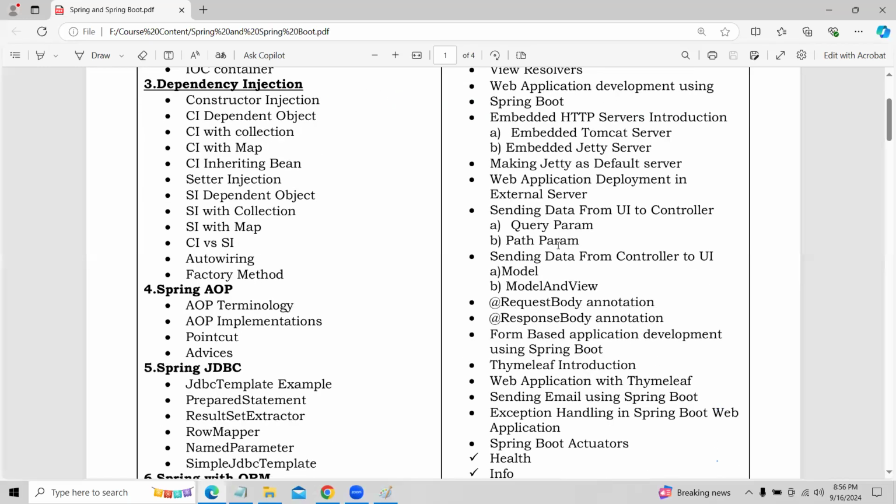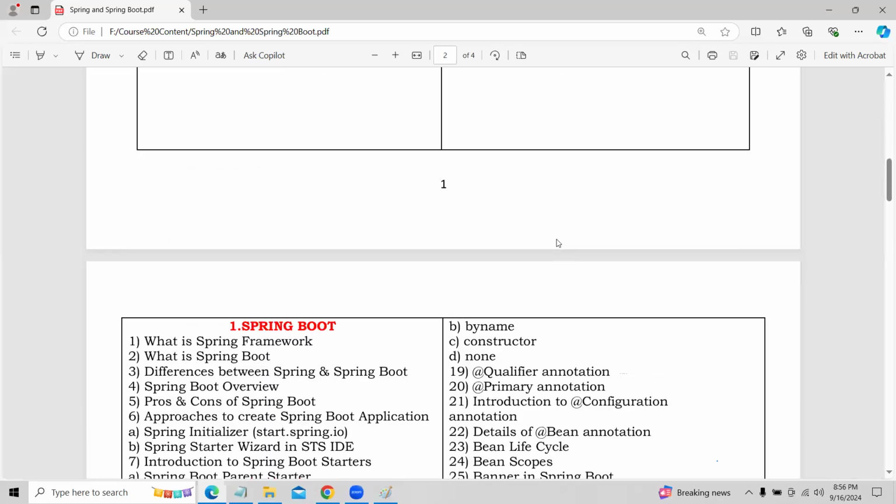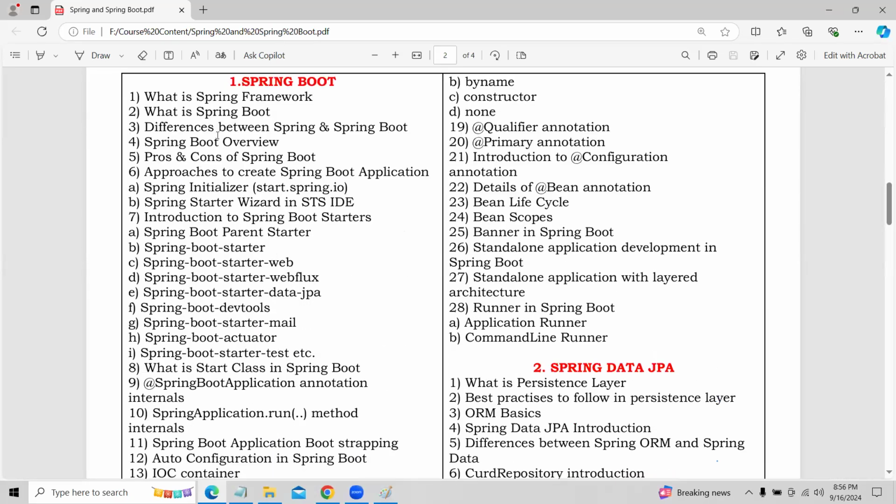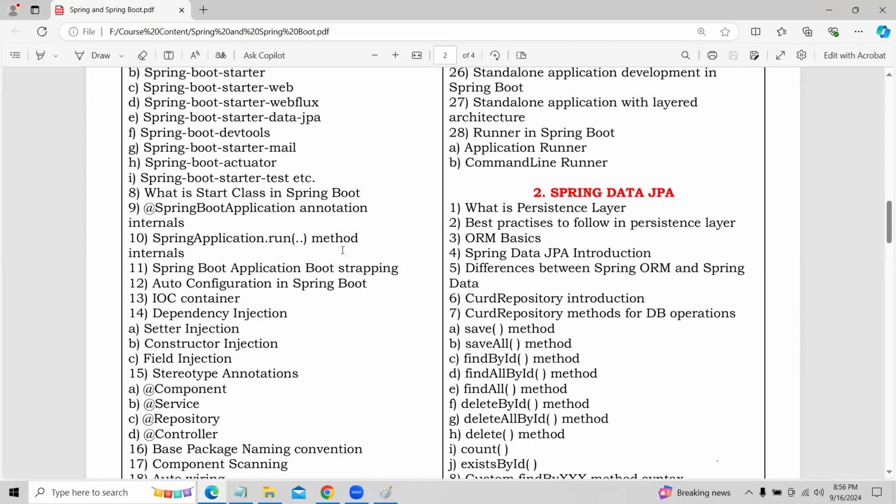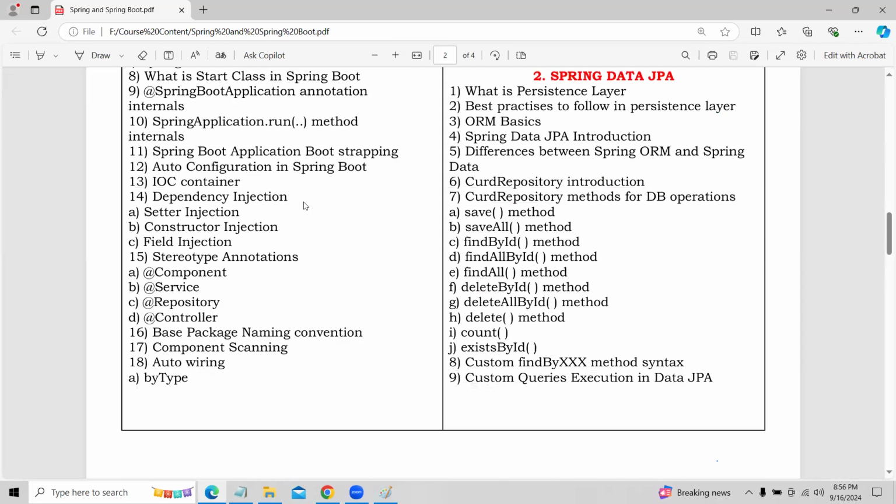Okay. And after completing it, slowly we are going to talk about Spring Boot. What is Spring Boot, the purpose of Spring Boot, and the difference between Spring and Spring Boot. Here we can talk about what auto configuration is, the purpose of Spring Boot application annotations, and what Spring Boot starters are, what kind of starters we are going to use, right? Next, we simply create a controller class, and later slowly we create our REST API